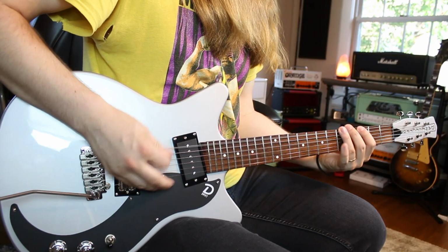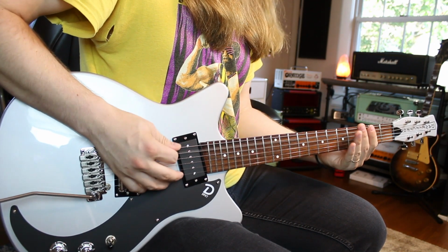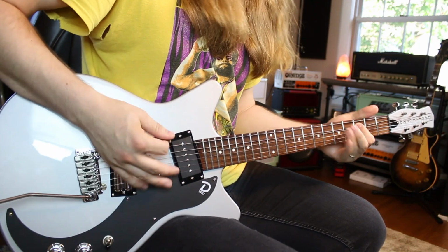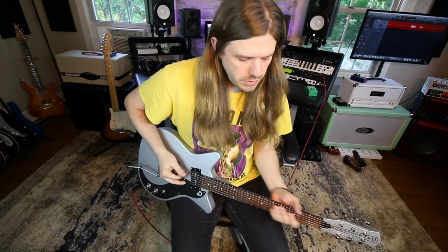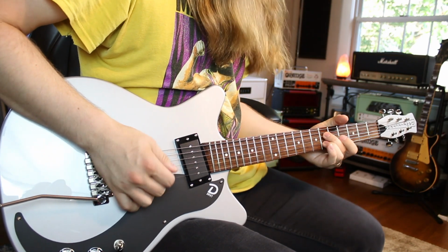Because if I just went like this, it doesn't even make me move when I'm playing it, but if I go, it makes me start moving to it, and I'm more connected to it, and it's because of that rhythm aspect to it. So if you're not familiar with swing, learn some of these old shuffles, just learn that kind of stuff, and that's going to help you out a ton